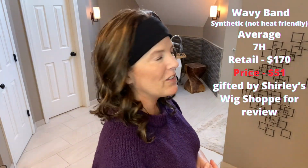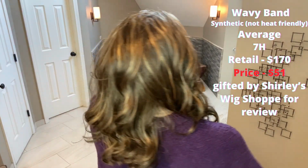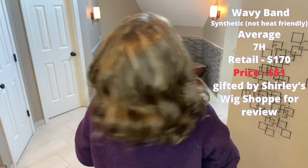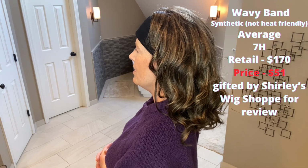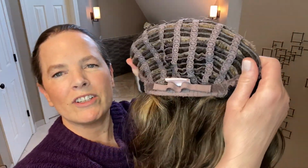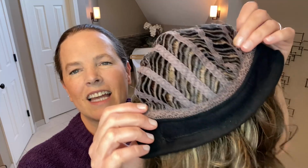Here she is from the right and the back and the left. All right, so just a great solution to a practical problem. If you're wearing wigs and you don't know how to be active in them, I think this is a great option. So as you can see, this is a fully open wefted cap,